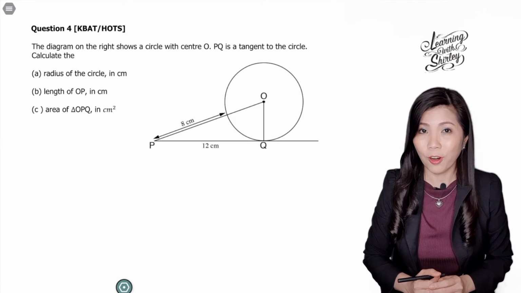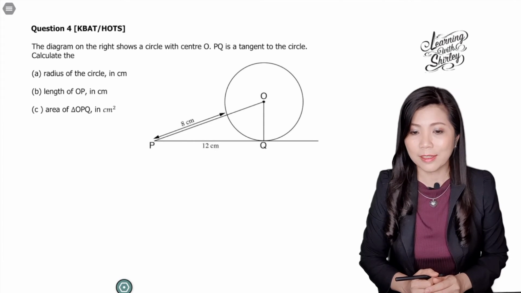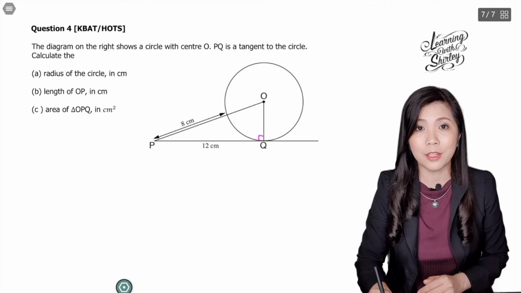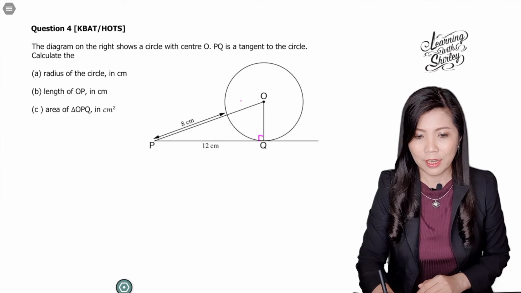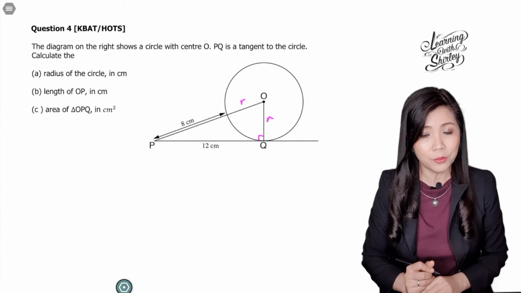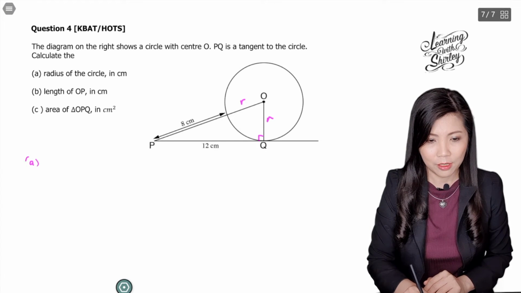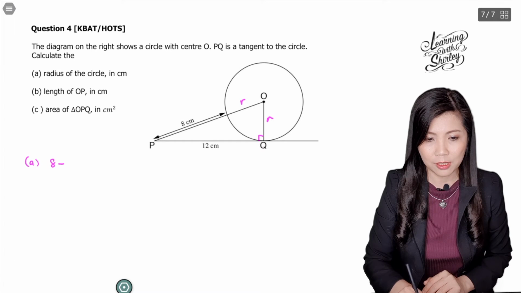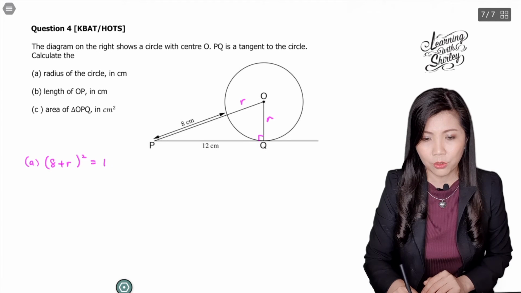Let's look at question number 4. The diagram on the right shows a circle with center O. PQ is a tangent to the circle. So if this is a tangent, therefore this is 90 degrees. Okay, so A, find the radius of the circle. So let's say this is R and this is also R. So I'm going to use Pythagoras theorem to find my value of R. So for A, 8 plus R, which is the hypotenuse, whole thing square, is equals to 12